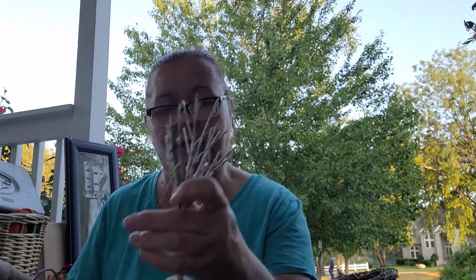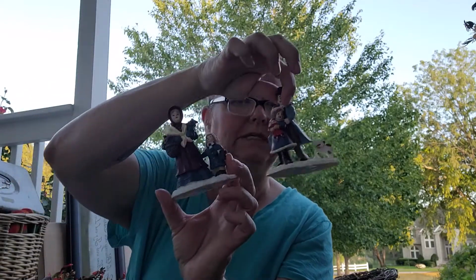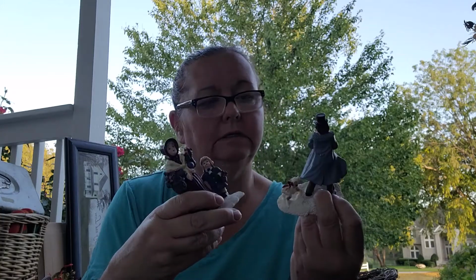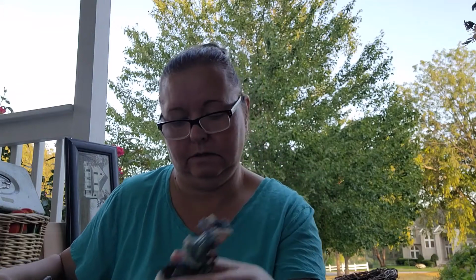Christmas village pieces. Actually, I'm going to go in. There was a little tree, and I'm going to go fast here. Actually, it is a two-piece. It's mom and dad with the kids. Super cute. Then I have a little boy with his dog. And then another little willow tree. This one here is an older couple,